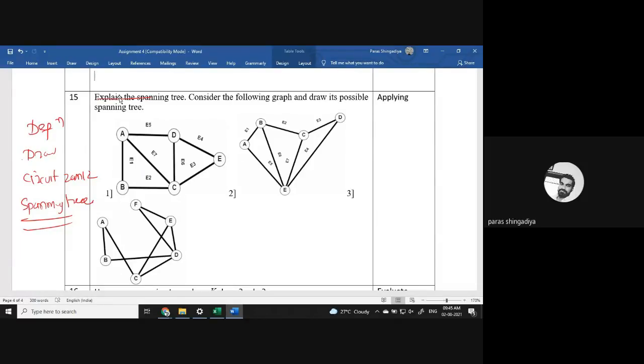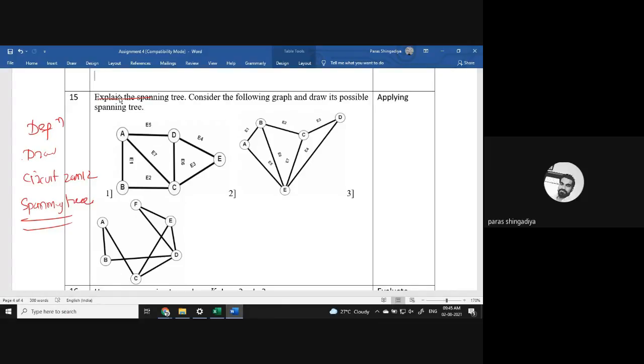All these definitions are important. The mid exam as well as the final and mid two, all the exams will be conducted offline. So a descriptive paper will be there, not only MCQ. So this type of definition will be asked for 3 to 4 marks: define spanning tree and create a spanning tree of the following graph.